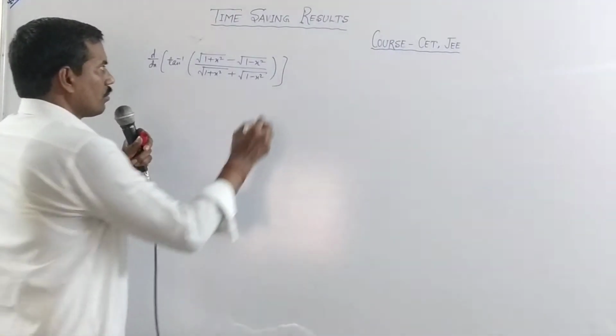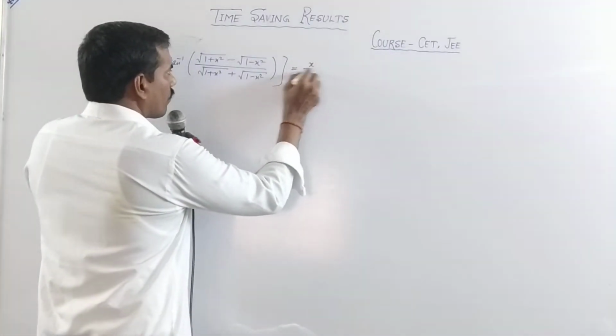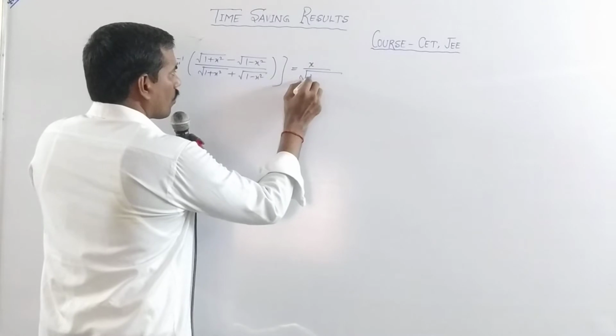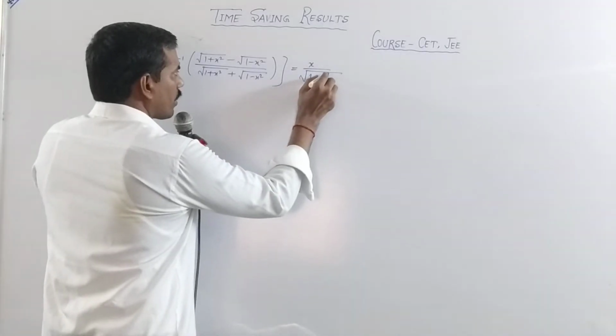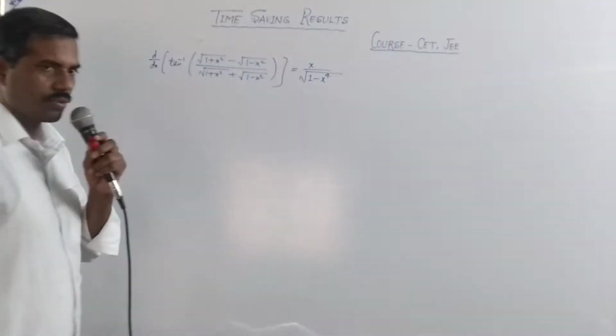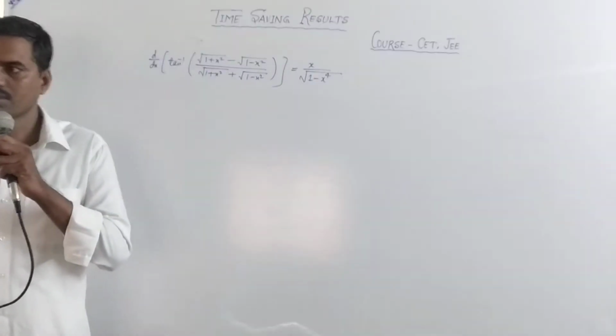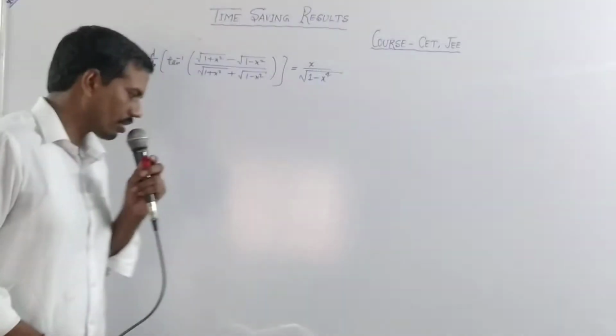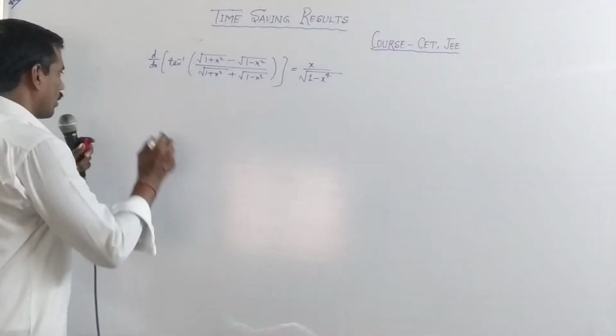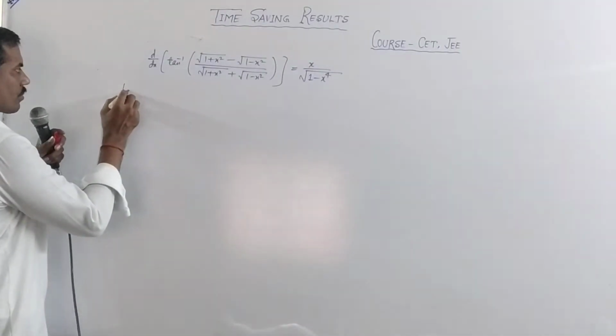This is equal to x upon under root of 1 minus x to the power 4. First, we have to prove this result. Please see carefully, students. Taking left hand side,